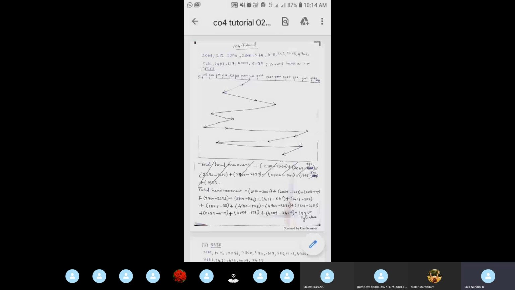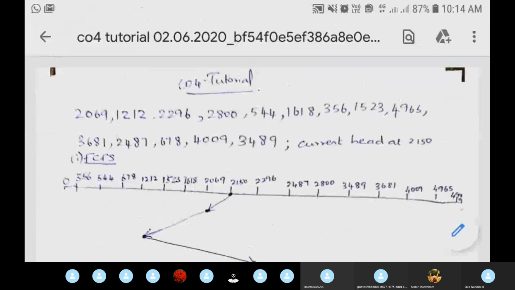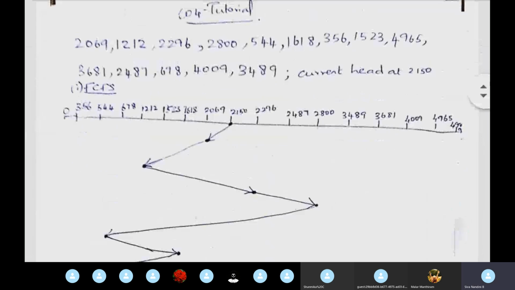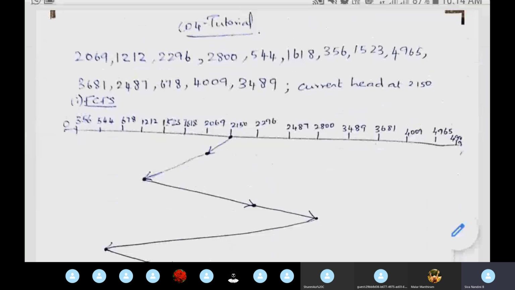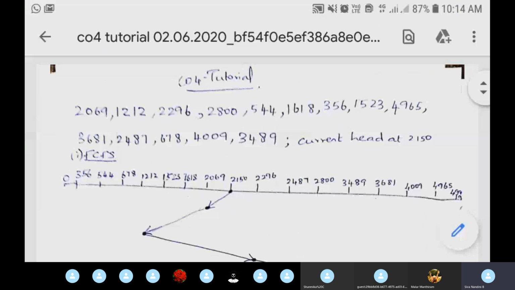Okay, the next problem, which most of the students asked doubts about, is the disk scheduling algorithm. So I will cover this disk scheduling algorithm, and after that I will discuss the remaining algorithms. I will use the help of the tutorial problem. This disk scheduling tutorial problem many have also written wrongly, so I am giving its explanation here.